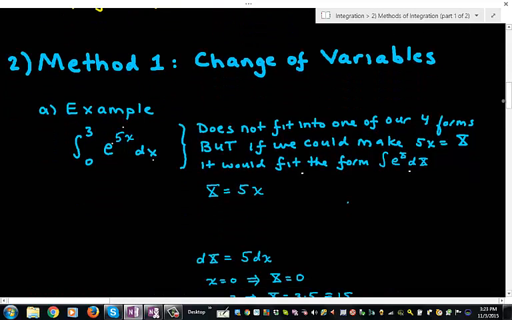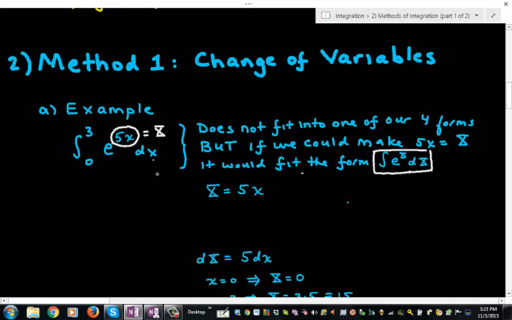So this kind of motivates the introduction of a new variable. What if we could just make this whole thing a variable? Then the integrand would have the form of one of those elementary integrals. Okay, great. However, you notice that we need to do more work, because in order to have the form of one of those elementary integrals, the differential also has to be d of capital X, and right now it's d